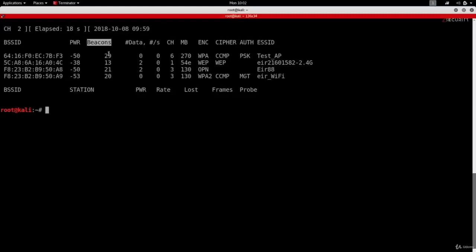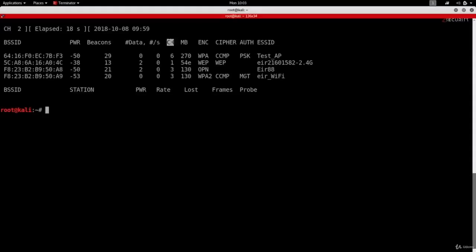So every network, even if it's set to be hidden, always sends these type of frames, basically broadcasting its existence and telling all the wireless devices around it that I exist, I have this BSSID, I work on this channel, I use this encryption, and my name is this. Next, we have the number of data packets or data frames, and these are the useful packets that we'll talk about later on once we get to the cracking section. This column represents the number of data packets that we collected in the past 10 seconds.